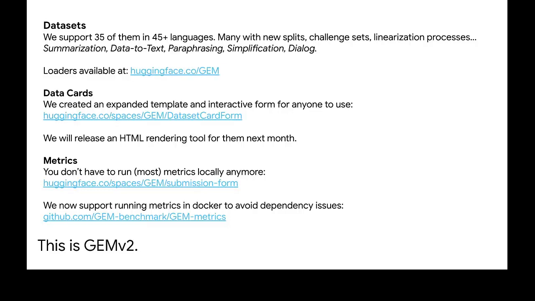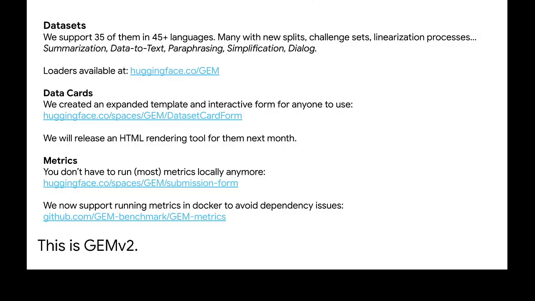All the loaders are available on Hugging Face using their interface. And on the documentation side, as part of GEM v1, we created a data documentation interface. And as part of GEM v2, we expanded it and made it interactive for anyone to use. So if you are collecting an NLG dataset, you should be able to just go to this URL, and it will walk you through a series of over 100 different questions that will help you document potential issues, social impact, licensing terms, and so on for your dataset.